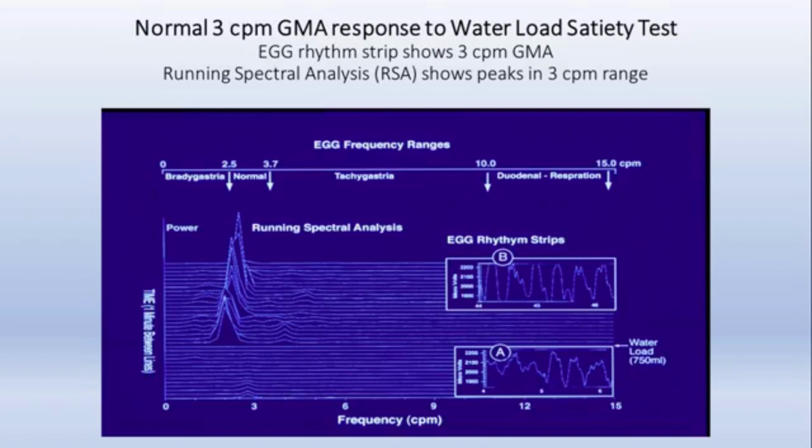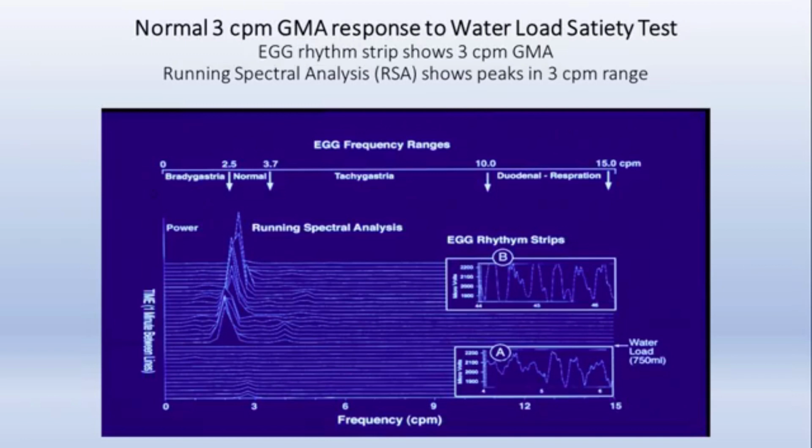and you look at the 1 minute designation at the bottom, you can see some very strong 1, 2, 3 cycle per minute waves. We make the stomach work by having patients drink water till they're completely full. They have 5 minutes to drink till they're completely full. This was a healthy subject, and they drank almost 700 ml of water in that 5 minutes. And if you look at the electrogastrogram in the panel above, there are more regular and even stronger 3 cycle